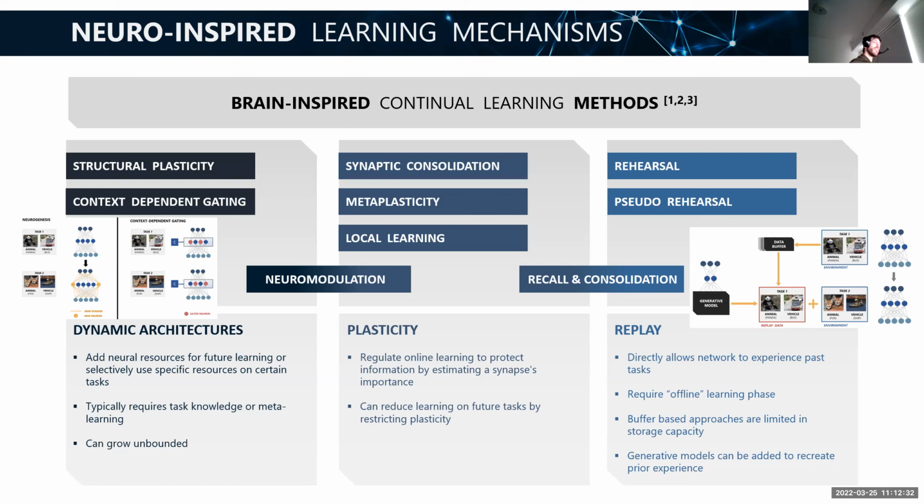And then finally, the last class, and probably the highest performing method, though it's a little bit different than the other two, is replay or rehearsal. This approach is where you're saying we've seen some amount of past tasks, and we have some way of either storing data from these tasks or generating data similar to what we experienced during that task. And then we can retrain the network with that stored or generated data.